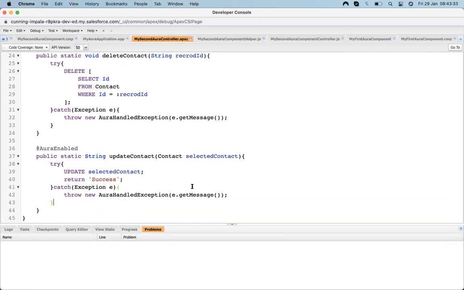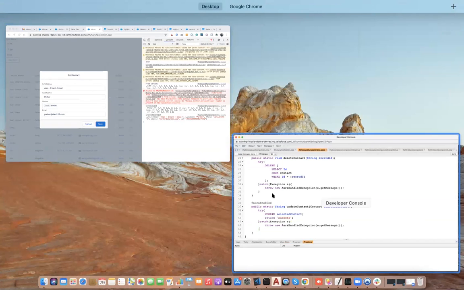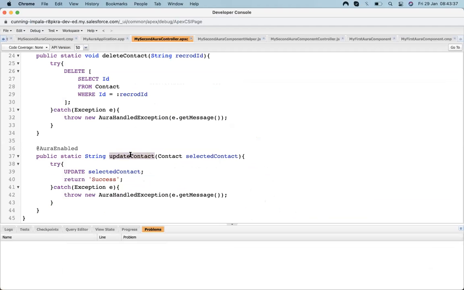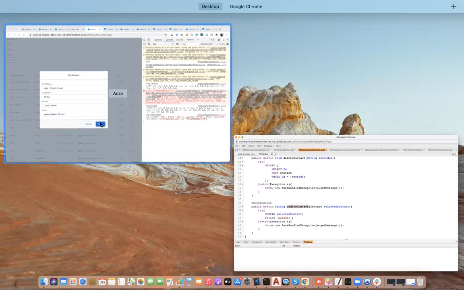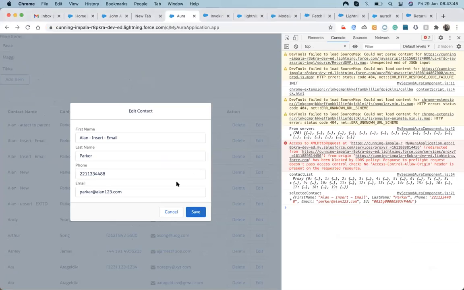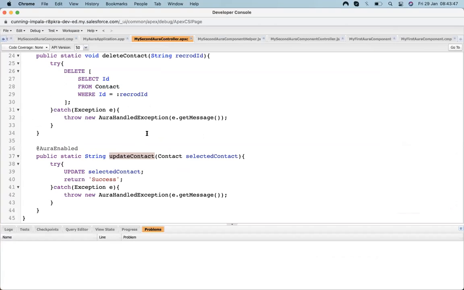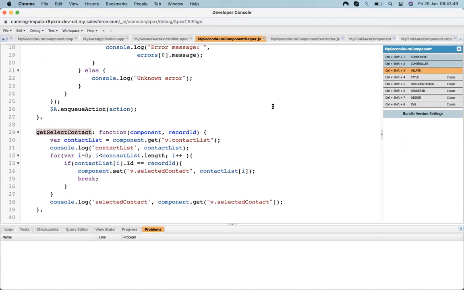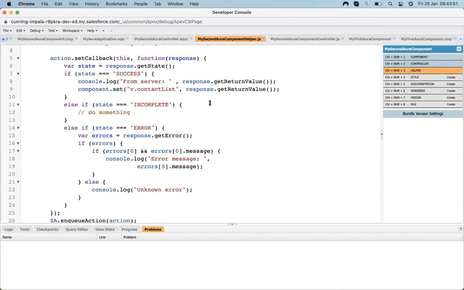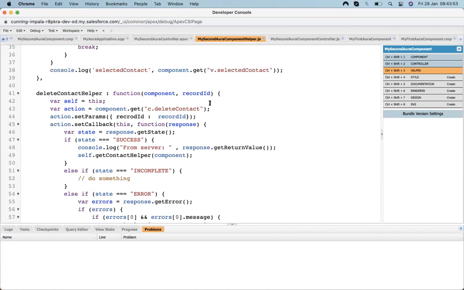So the selected contact comes up here and it will get updated. Now I need to call this method once the user clicks on the update button. So once the user clicks on this edit and this save button, then I need to call this method. Since I need to call the method again, I need to go to our helper and create a method to update a record.